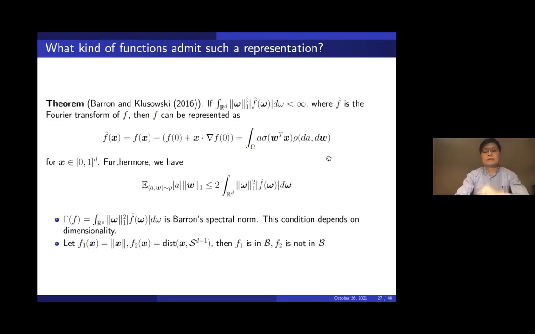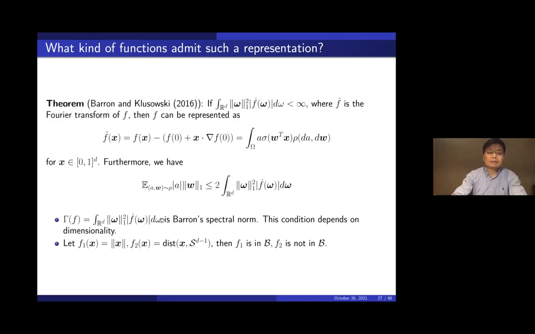So a very interesting question is, what is the gap between these two quantities? What are the functions for which this quantity is finite? Certainly, this is a bigger class than this class. By the way, these are the classes of functions considered by Barron. Barron didn't actually consider these classes of functions. We consider these functions, but we still name this class after Barron, and seem to have created some confusion.